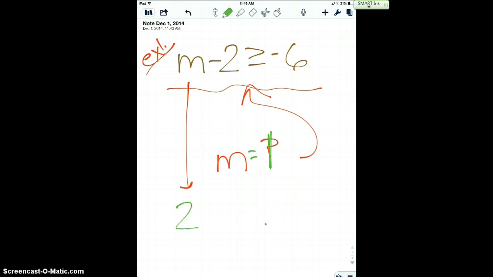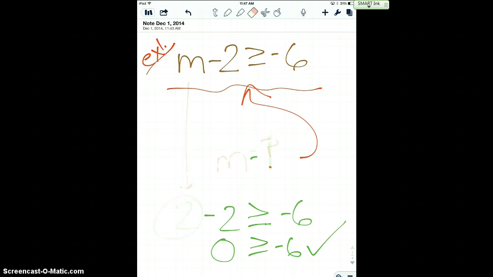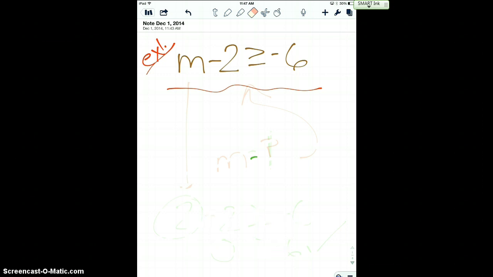Well, the thing is, if I try 2 for m, look at this. If I take 2 minus 2, that's 0. Is that greater than or equal to -6? Yes! So m could be 1, and it could be 2. So what you need to notice with inequalities compared to equations is that inequalities give us more than one answer. We're going to get an infinite number of solutions. So instead of guessing and checking where the heck it starts and what the solutions are, because that'll take forever,